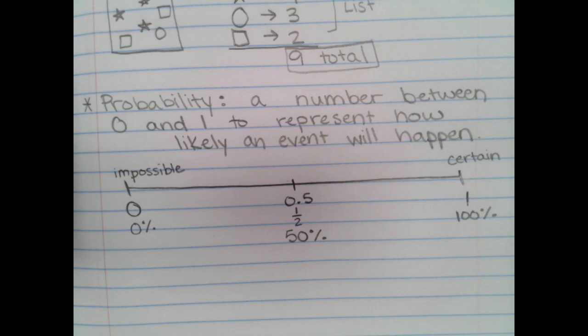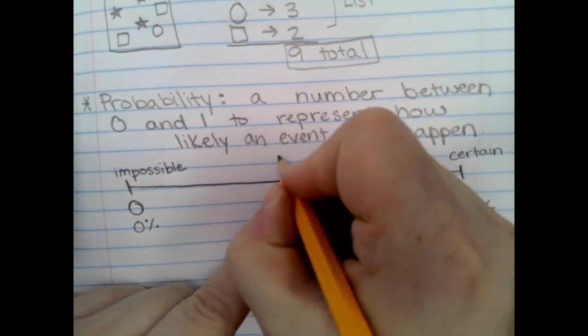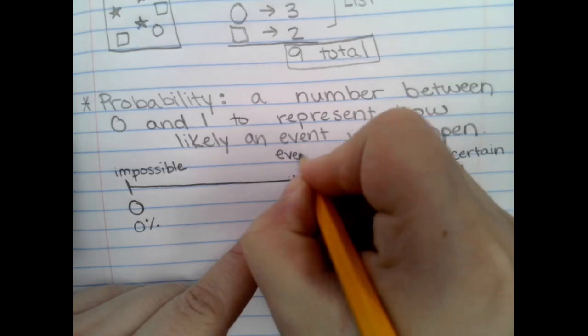So if I flip a coin, it has 2 parts to it, right? It has heads and tails. I don't have one on me. I usually do. Okay, heads and tails. When I flip a coin, will it probably land on heads, or would it probably land on tails? Oh, we don't know. It's half and half, right? So it's an even chance, or equally likely. Sometimes we say that. So it's an even chance.